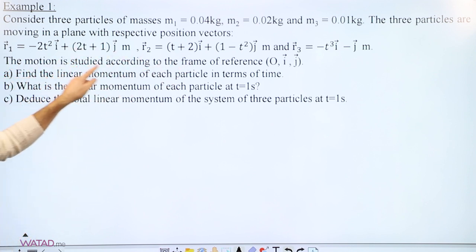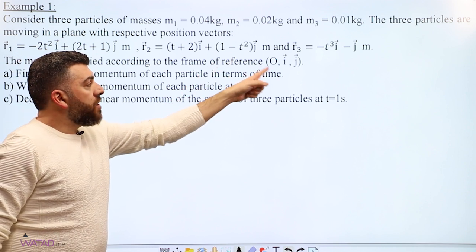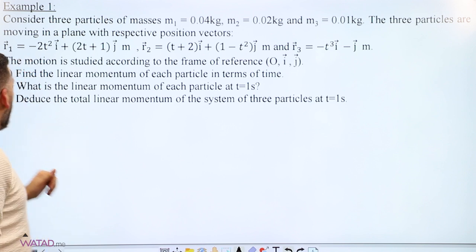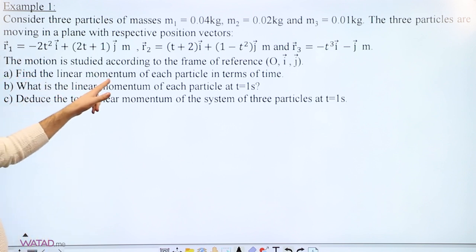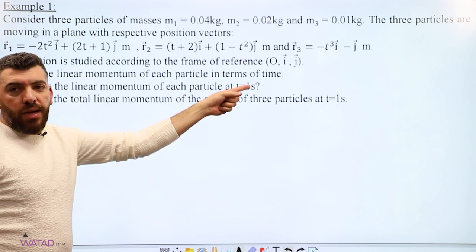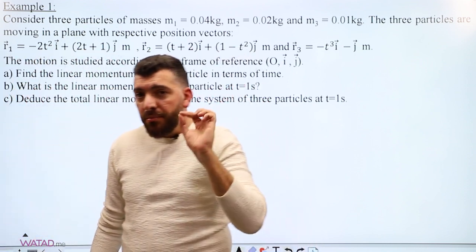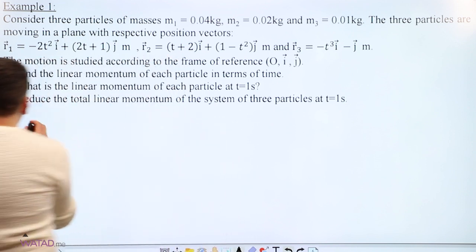Okay, the motion is studied according to the frame of reference O, i, j. So we have O as the reference point, and i and j are 2 unit vectors coming out from the point O. Part A, find the linear momentum of each particle in terms of time. So we need the momentum of each particle in terms of time, not at a specific time. So part A,